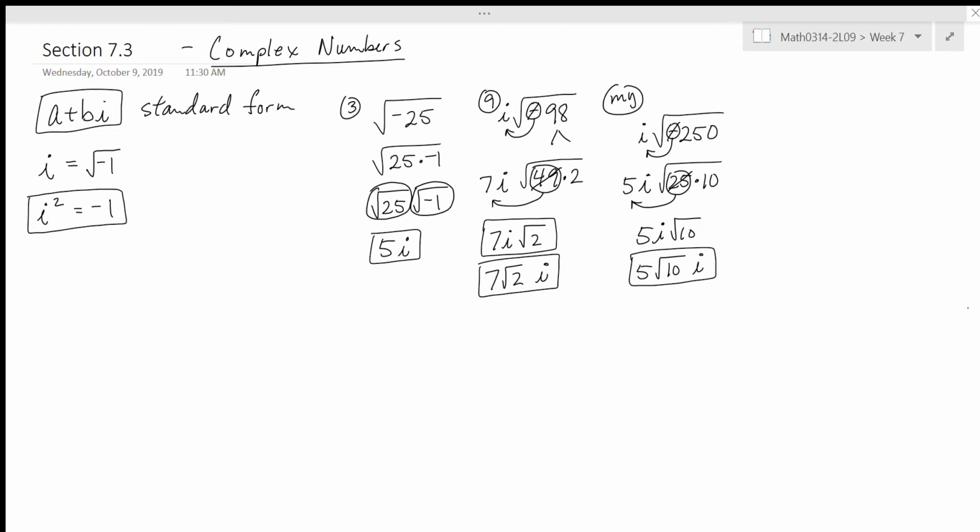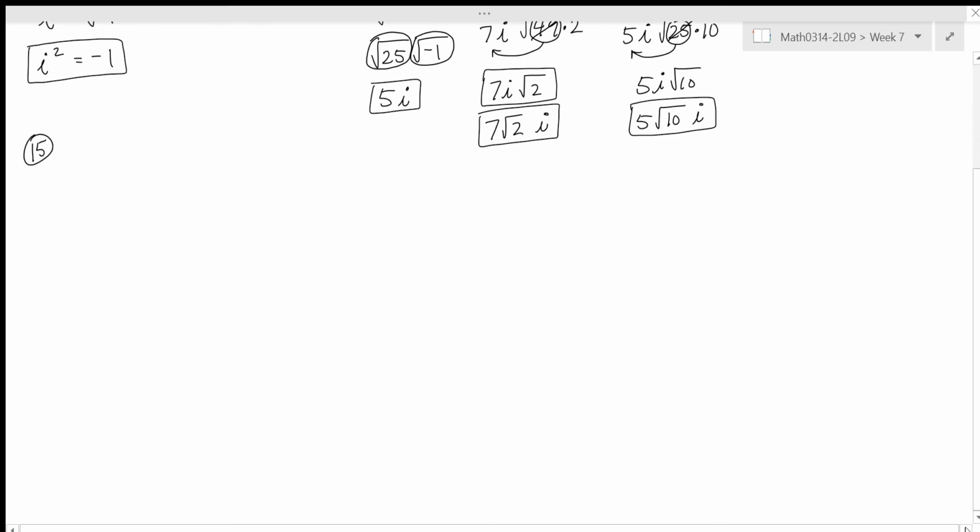All right, let's do another one. How about number 15? This one's going to be different. Yeah, so for number 15, what they've done is they've given me a couple of complex numbers that already have the i in them, and they're going to want me to do an operation with complex numbers. Here the indicated operation is